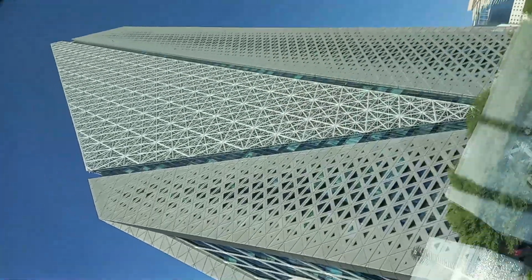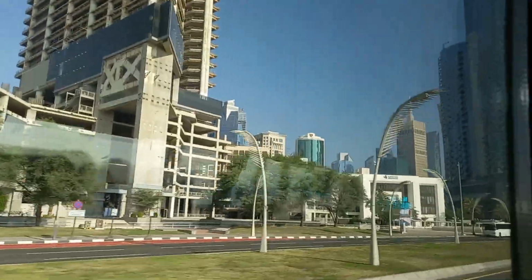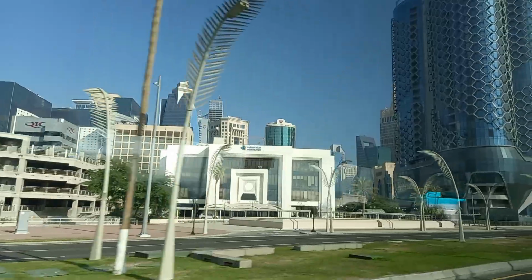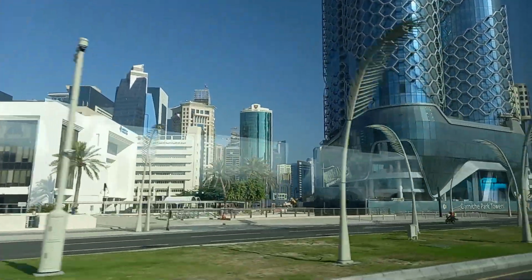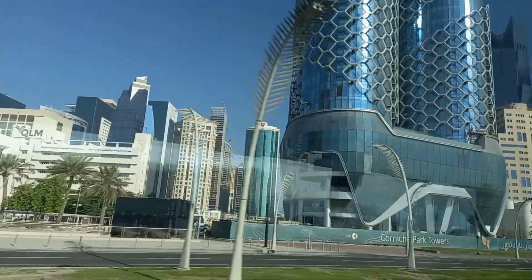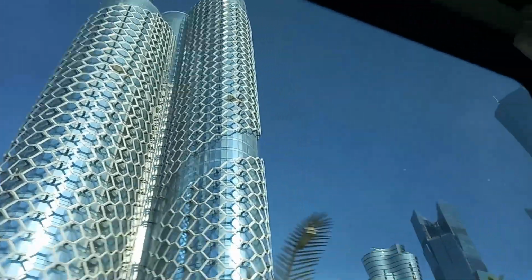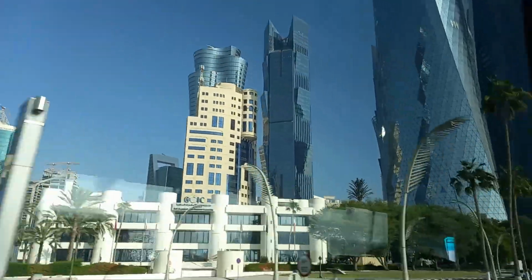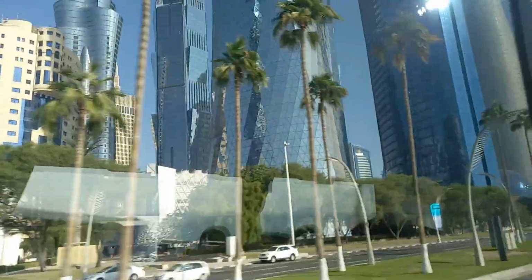Right now, there are different kinds of offices, both private and governmental, including ministries, courts, banks, financial institutions, all kinds of governmental committees and agencies, as well as private companies' offices. And very soon we're also going to drive through the part of the West Bay where mostly hotels and residential buildings are located. In a few moments, on our left-hand side, we're going to see a gray metallic tower, which is